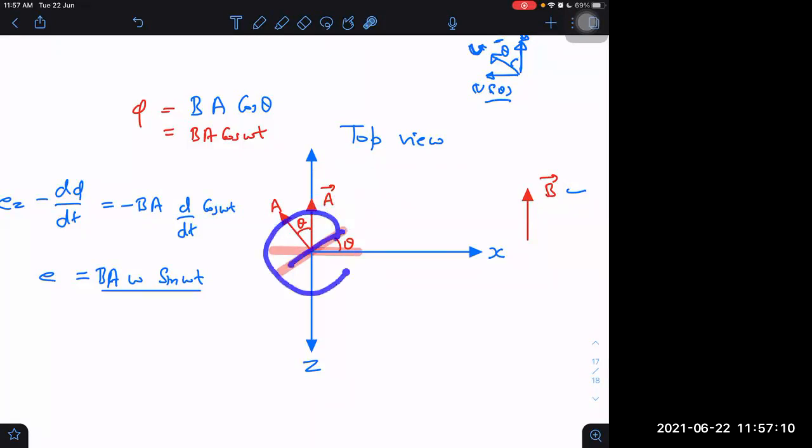While it is rotating in this way, at any point here velocity will be in this direction. At any point on the circumference, V cross B this side will be the opposite side actually. I'm taking one half of the ring. This side will be the opposite side. For this, the story is completely different. V cross B in this case will be upwards. But for our present scenario, if I take this side of the ring, then V cross B will be in which direction? Is it downwards or not?